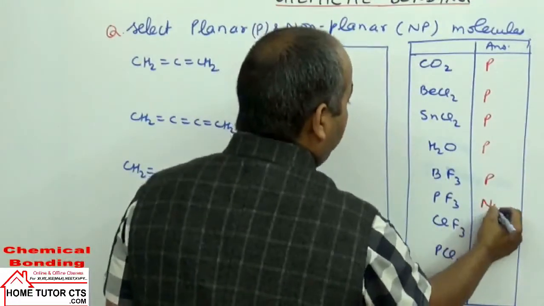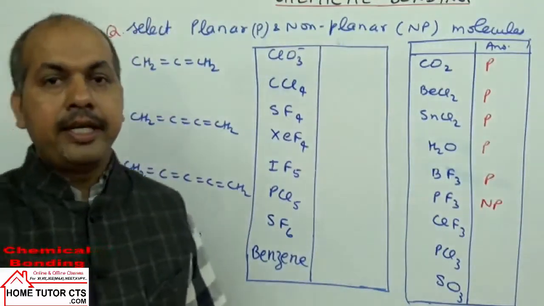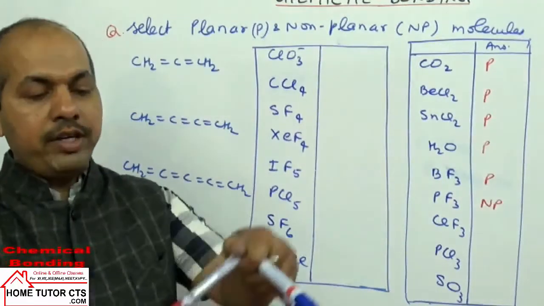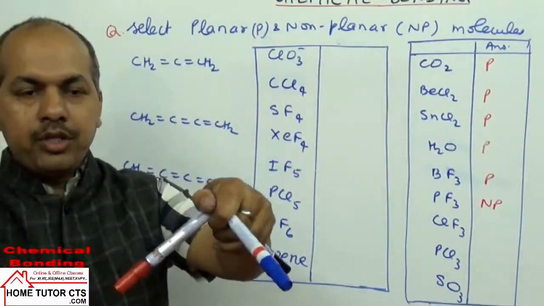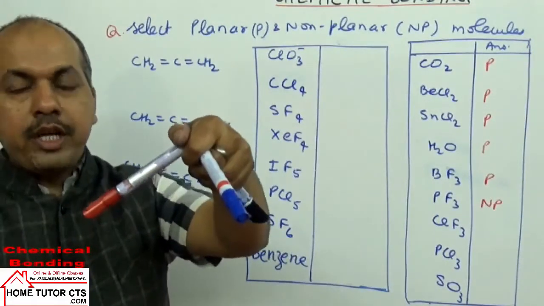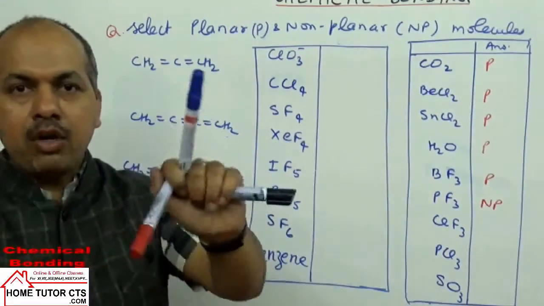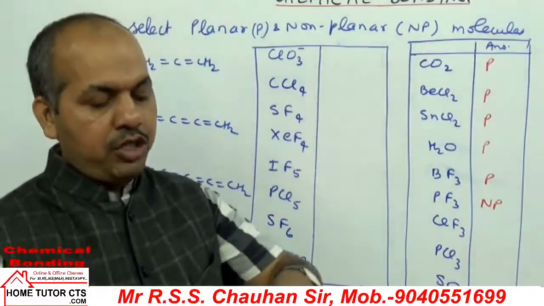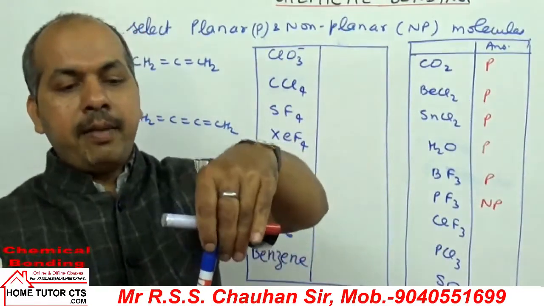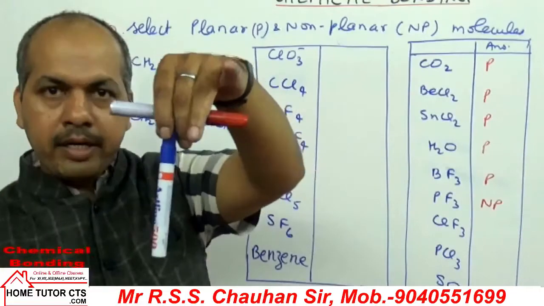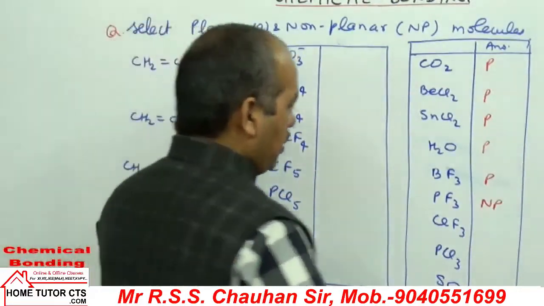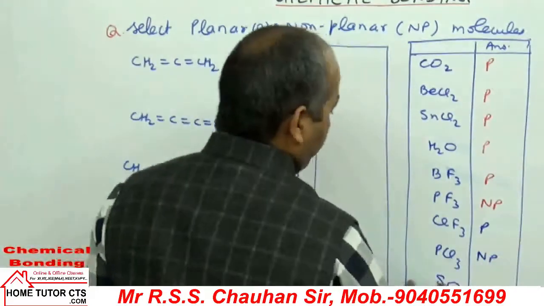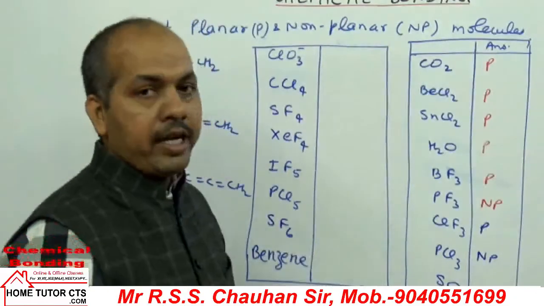PF3 is non-planar because it has a pyramidal shape. In a pyramidal shape, all the atoms cannot lie in the same plane. In a simplified way, leaving the one lone pair, phosphorus has 3 fluorines, so the shape becomes pyramidal. In this case, all the atoms cannot come in the same plane, so it is non-planar. ClF3 has a T shape. T shape means all the atoms can come in the same plane. PCl3, like PF3,